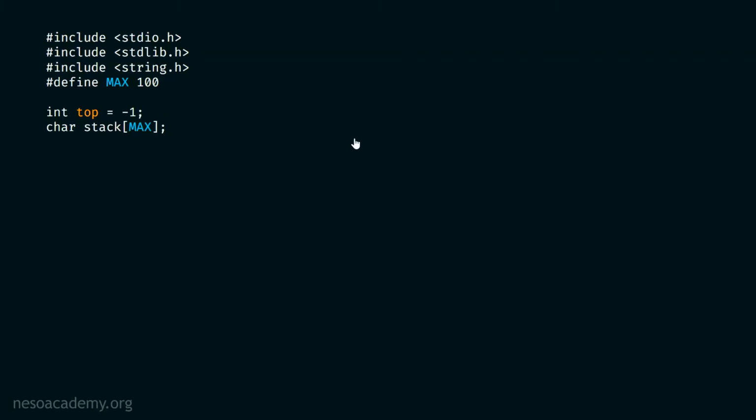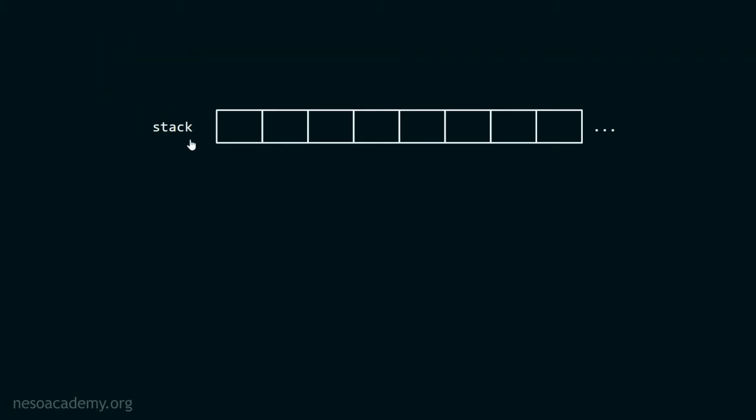And of course, this is the pictorial representation of stack, right? This is stack array, right? You can see this over here. This is an array. And here we have all these memory locations, right? And this ... represents that, of course, the stack has more memory locations. Obviously, the stack is capable of holding 100 characters. We already know this, that max is defined as 100.